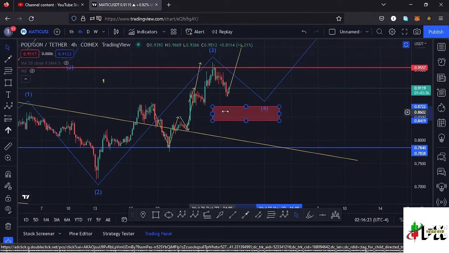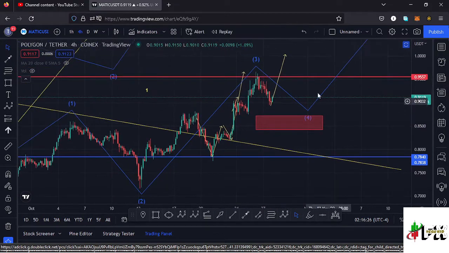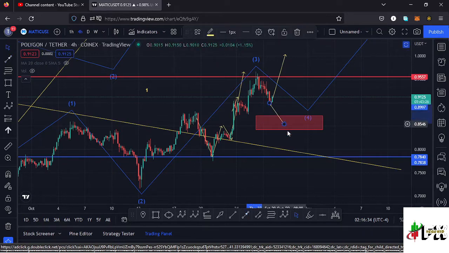And you can see that my target area lies between the $0.87 mark and the $0.84 mark, so there's high chances that Polygon Matic might give us a bit of a pullback over here in the formation of a 4th wave, get us into this target area right here, and once that plays out, then we can expect a very nice bounce to the upper side in the formation of a wave 5 to complete the higher Elliot wave count 1. So for me, what I'm expecting here on the Polygon Matic is a bit of a pullback to get us into the area between the $0.87 mark and the $0.84 mark in the formation of a wave 4,